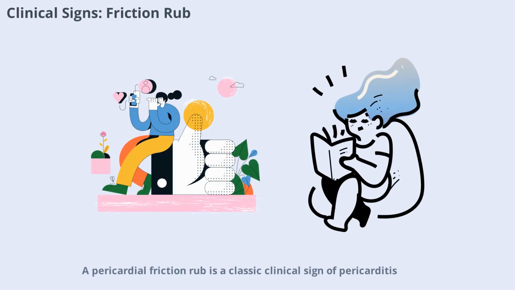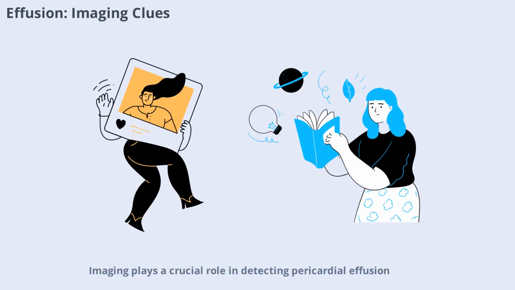Pericardial friction rub is a classic clinical sign of pericarditis. It's detected by auscultation and is characterized by a scratchy or rustling sound. Recognizing this sign can lead to early diagnosis and treatment, improving patient outcome. Imaging plays a crucial role in detecting pericardial effusion. The water bottle heart appearance on chest X-ray is a telltale sign, prompting further investigation and timely intervention to prevent